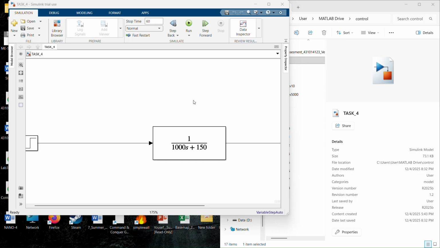So before we start, the first task, or the third task here, is about the Simulink. Suppose that the vehicle has a mass of 1000 kilograms and coefficient of friction B equal to 150 Newton second per meter. Define the transfer function G. So we have